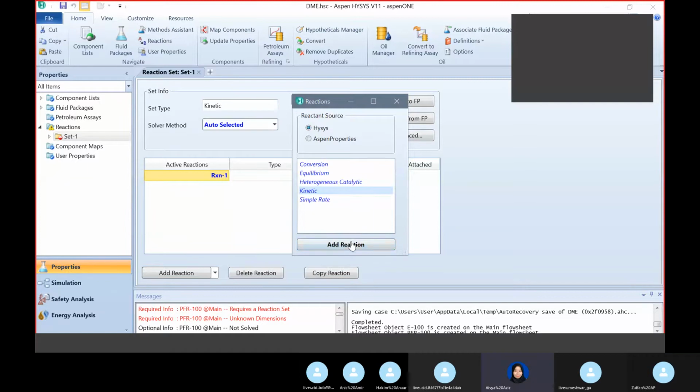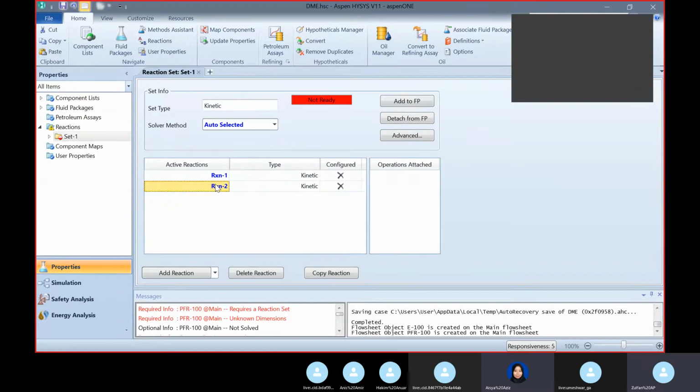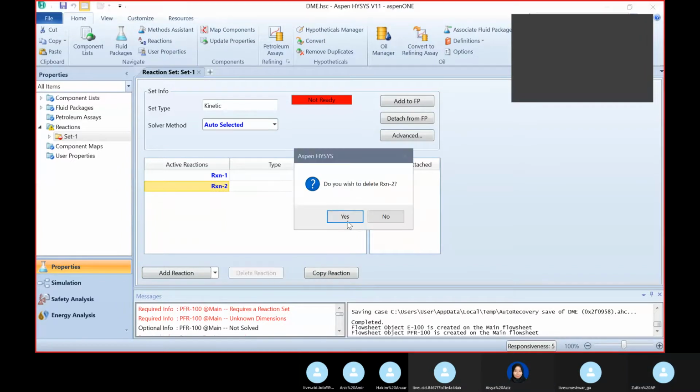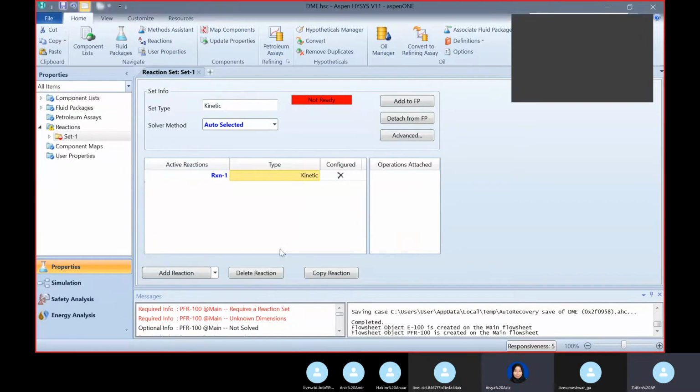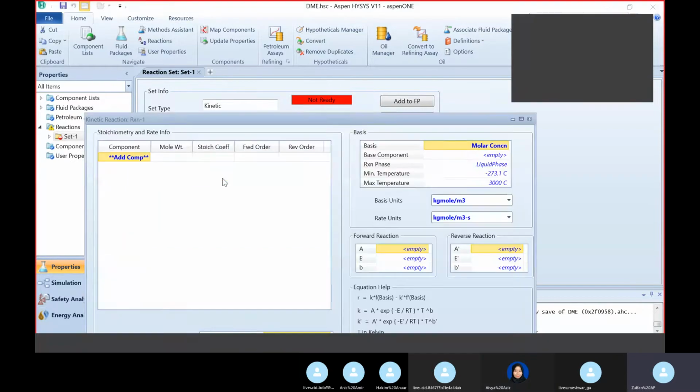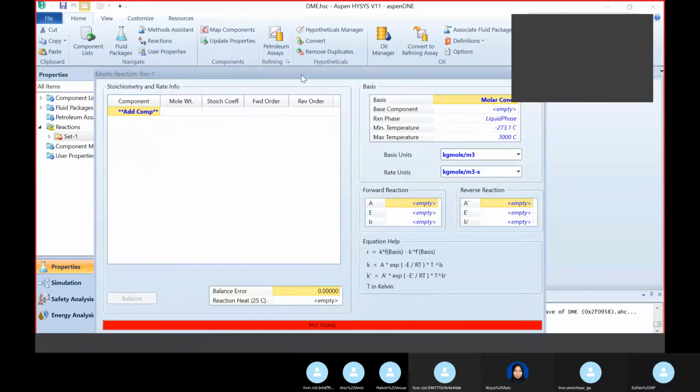Reaction kinetic. Yeah. This one. Okay, and then double click on that RXN one. Now we go to